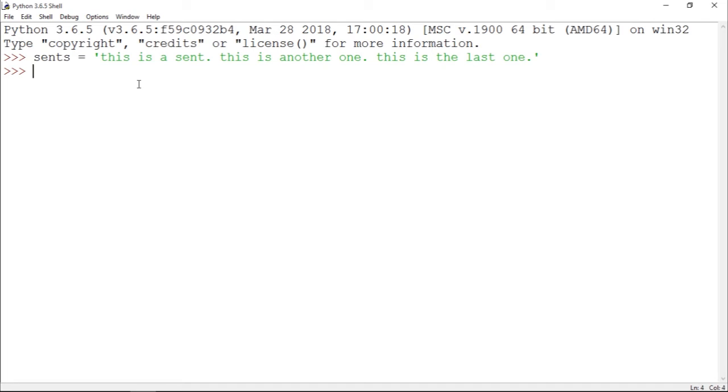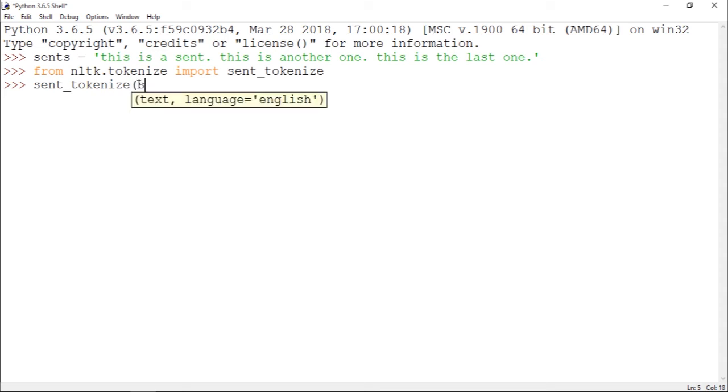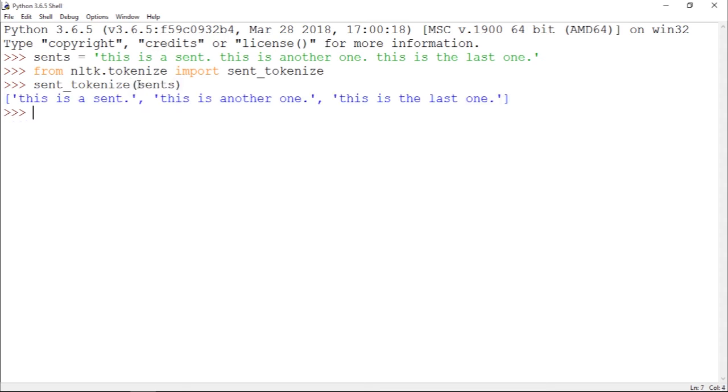Okay, so to do that, I'm gonna import the module that will do the work. I'm gonna import from nltk.tokenize, import sent_tokenize, which is a function. Okay, so let's press enter, and after that I'm able to tokenize this variable. So I'm gonna call sent_tokenize, and I'm gonna pass sent, and as you guys can see, I have